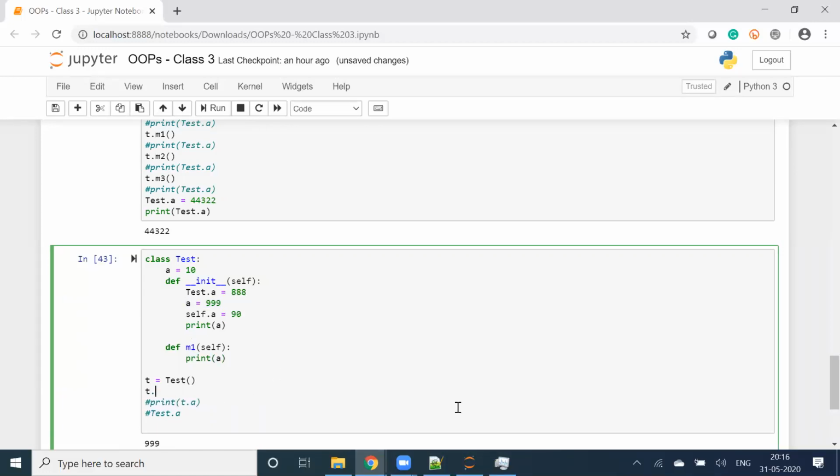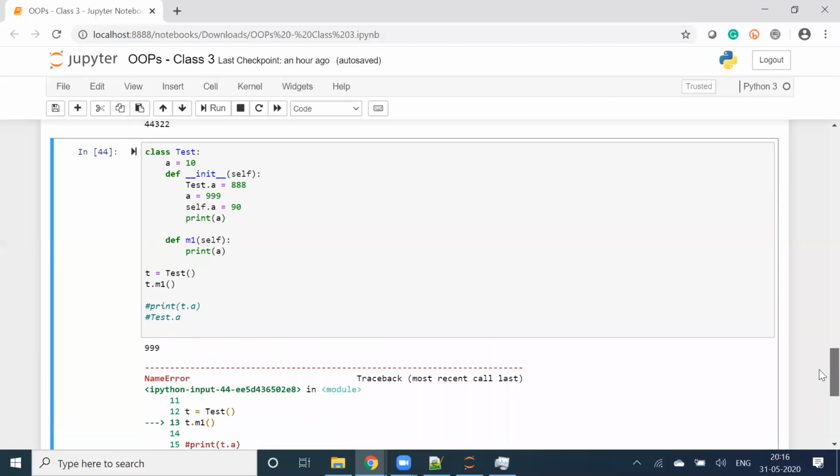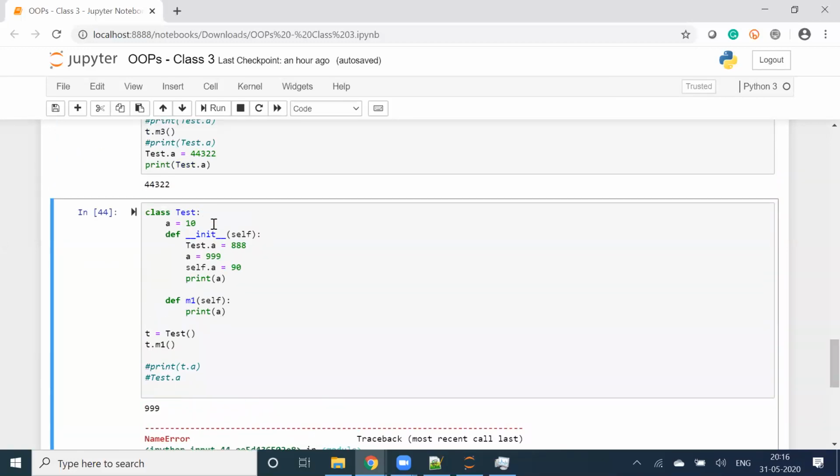Let's check that. t dot m1. a is not defined. That means when I am running in the constructor and printing a, it works fine, but when we move it to another method, it does not work. Which type of variable is it? Local variable. Absolutely.